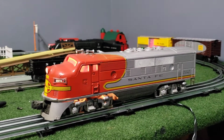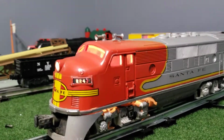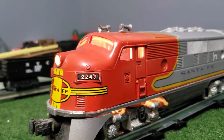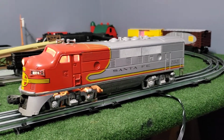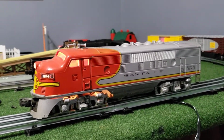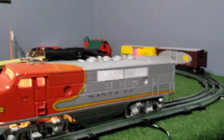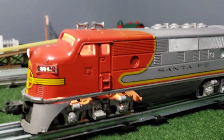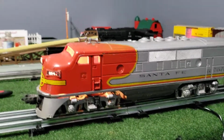So I want to make a video to show off something I've been working on pretty recently. This is a 2243 Lionel F3, or if you know anything about him, it's mostly one. You know the details. The body is up at 2243, obviously with the number boards, but also a lot of the minimalized details. 2243 was a late